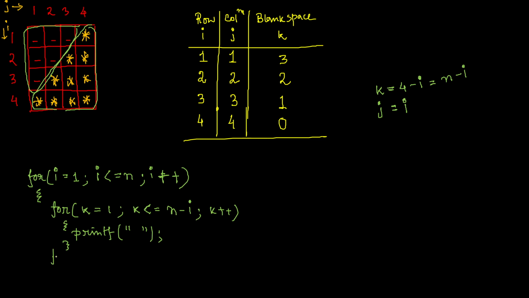And then I will print j equal to 1, j less than equal to i, as we have seen over here, j plus plus. And over here basically I will print star, and then here